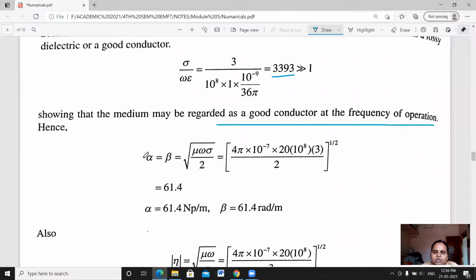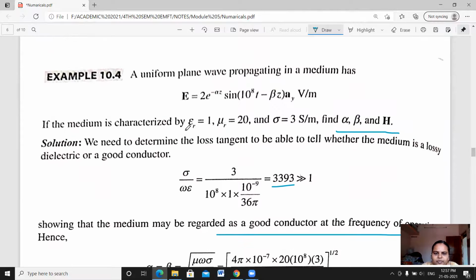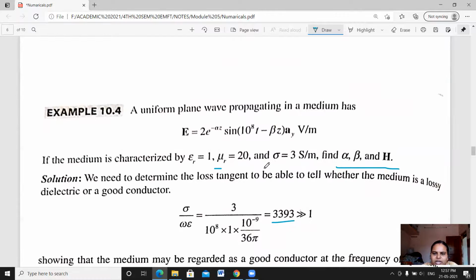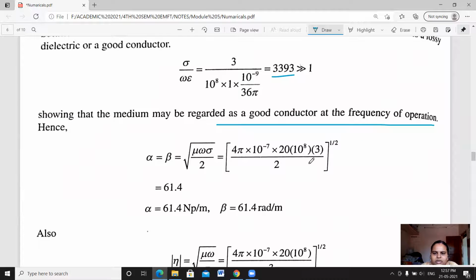Hence, alpha is going to be equal to beta, that is nothing but square root of mu omega sigma divided by 2. Just substitute for omega: 4 pi 10 raised to minus 7 into 20 into 10 raised to 8 into 3 divided by 2, given values, you just substitute here, power 1 by 2. Then if you calculate, you will be getting 61.4. Then alpha is going to be equal to 61.4 Nepers per meter